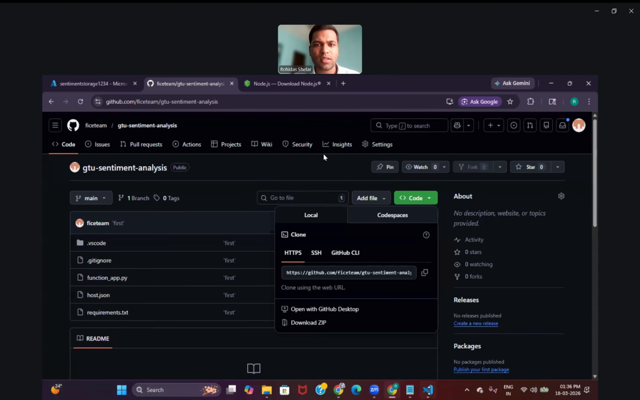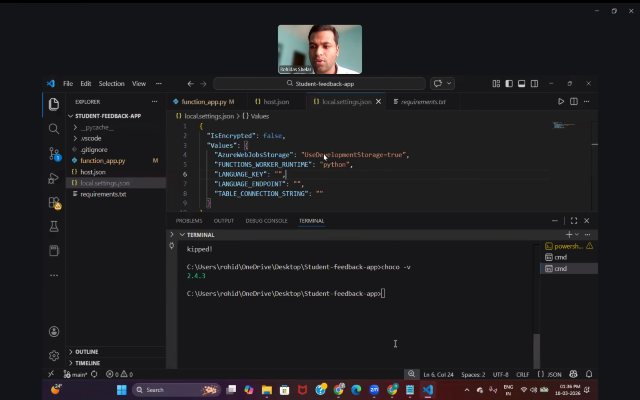Okay, this is done. Now, is it done? Once this is done, what you have to do again is copy this language key, language endpoint, and the table connection. Again, what you have to do? You have to go into the